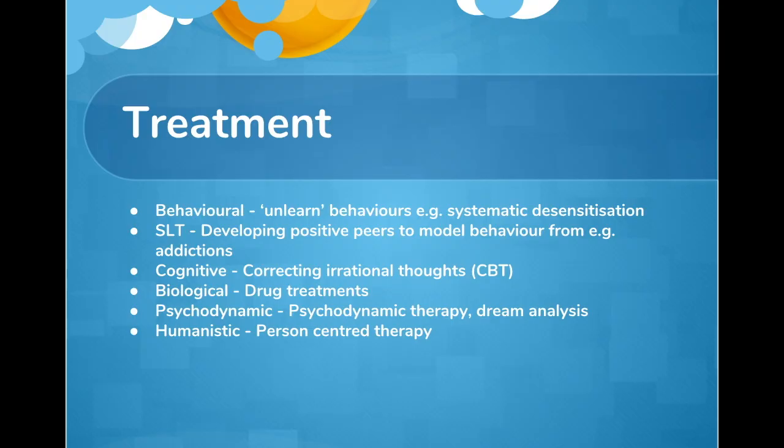Free association is a similar way to do that. You would get someone to say the first thing that comes to their mind. That would be a link into the unconscious, and you would hopefully resolve the conflict from them. The humanistic approach to treatment, where it says that you've not had unconditional positive regard, you've had conditions of worth placed upon you, well, humanist treatment is known as person-centered therapy, and it suggests that the therapist should offer you that unconditional positive regard. So that would help you get over your conditions of worth, and bring you more congruence, and that's the treatment. So I hope that makes sense, the link between those two and the fact that they can be two separate